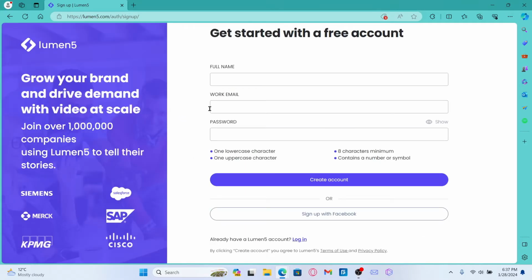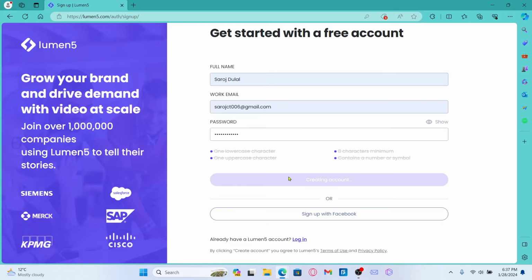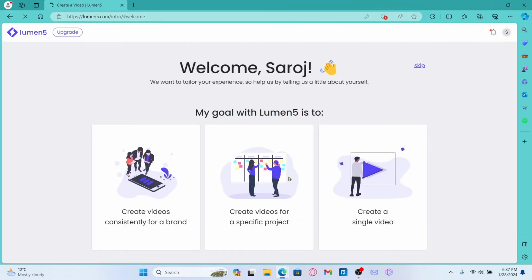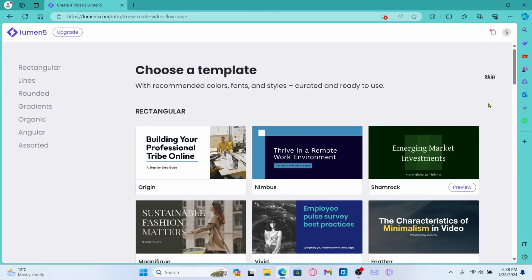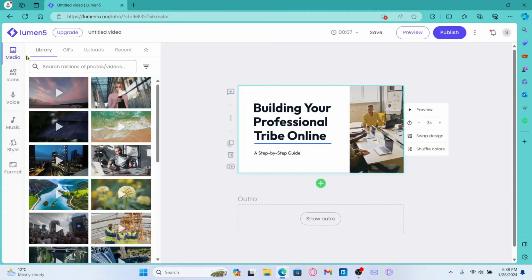Now once you're inside the sign up portal, just type in your full name followed by your work email address. Then type in your preferred account password and then click on create account. Once you click on this, you will be welcomed to your account and you will be asked to provide a few information about your goals. You can skip this by clicking on the skip button and now you will be able to use the Lumen5